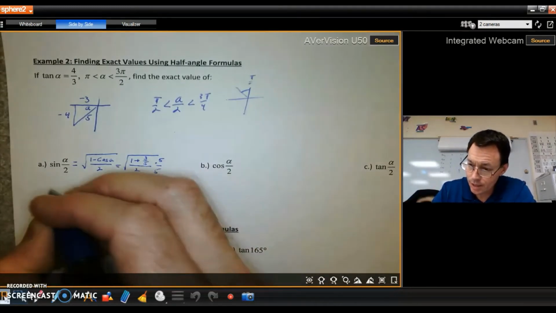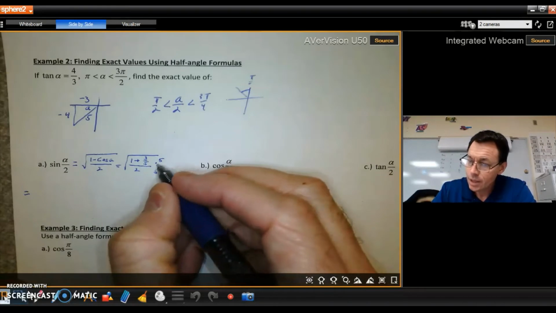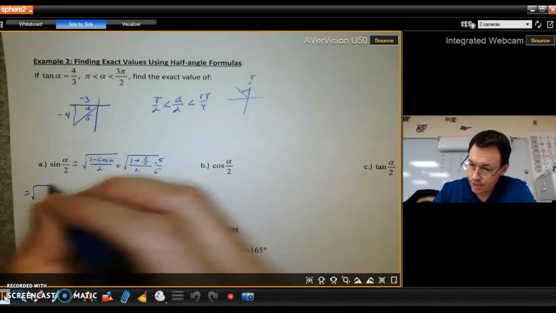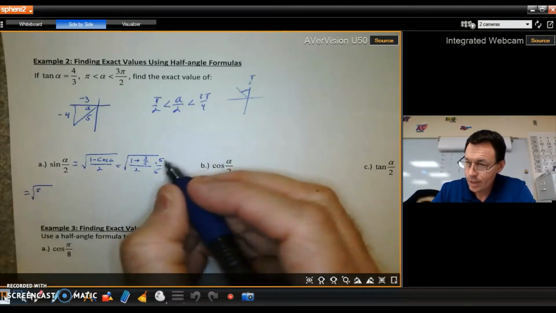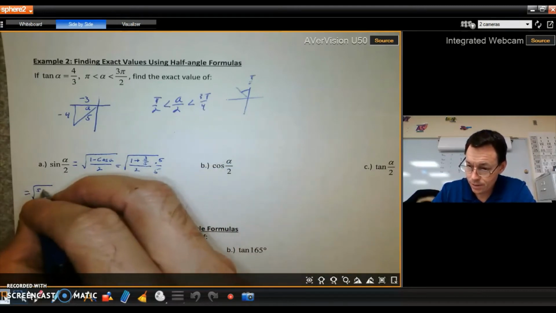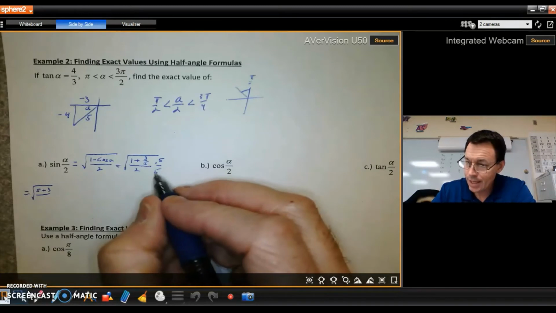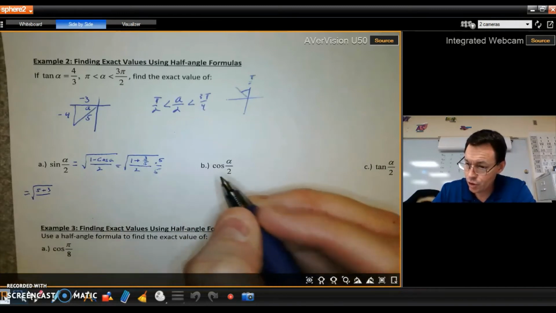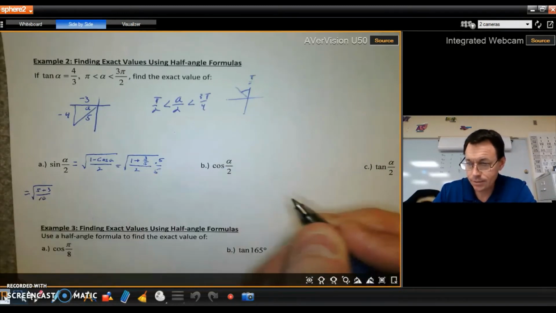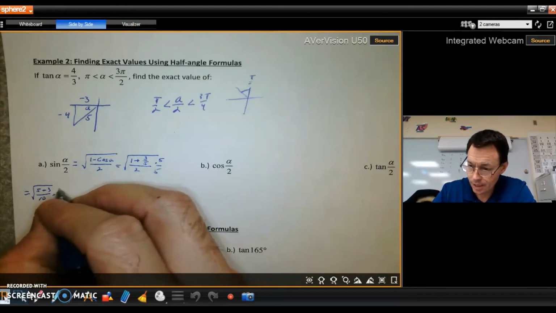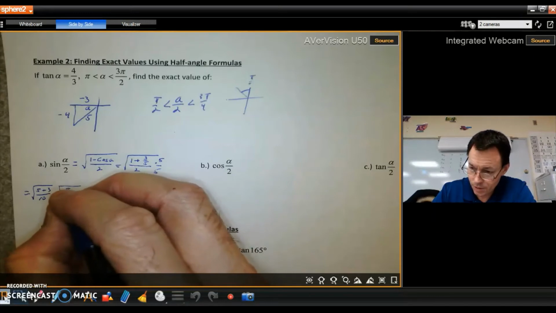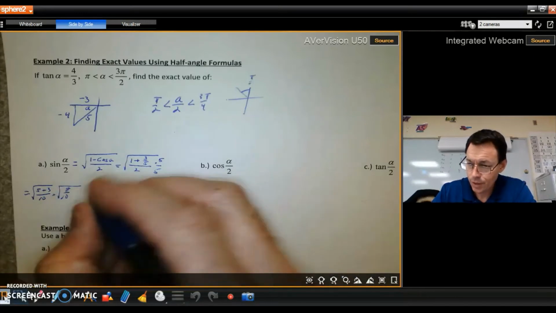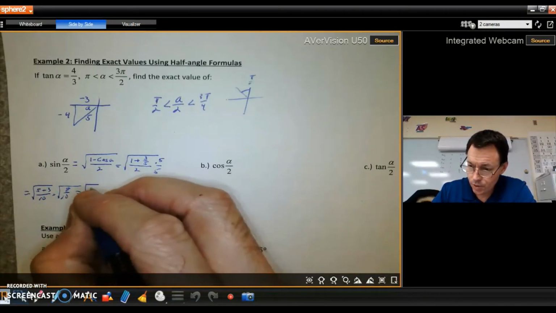And so what I'm going to get is, let me come over here, it's still going to be the square root. That hasn't changed. So it's 5 times 1, it's 5 times 3/5, so that's just 3, and it's 5 times 2, so that's 10. Okay, so let's see what that gives us. 5 plus 3 is 8, 8/10, which would reduce to